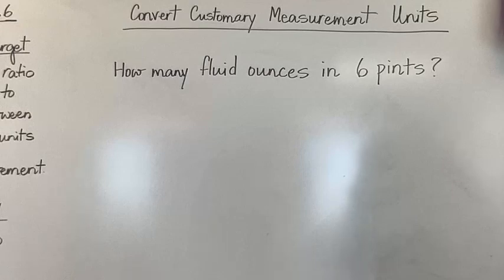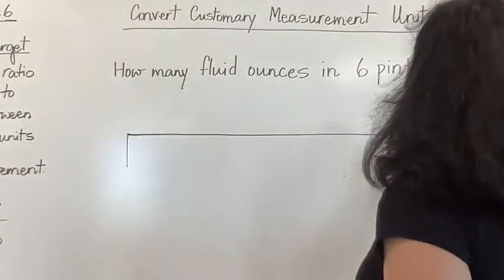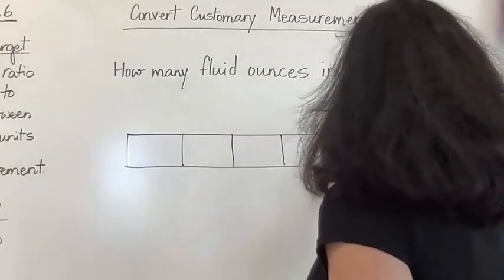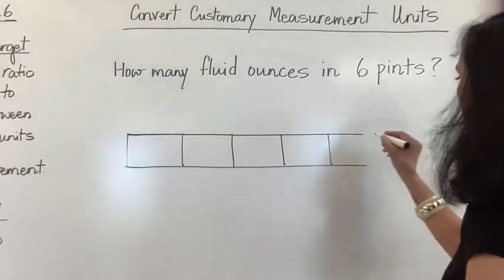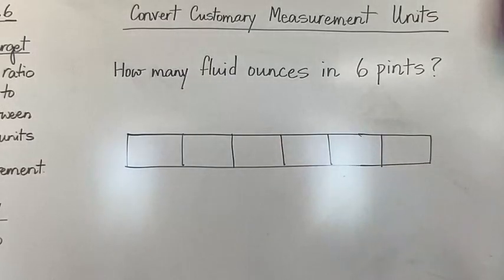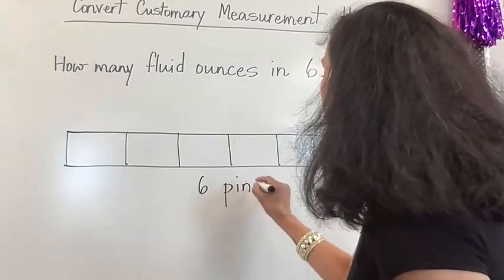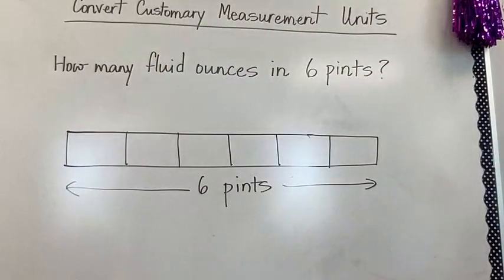But I'm going to draw a bar diagram to represent 6 pints. Okay. So 6 pints. So my bar diagram is going to have 1, 2, 3, 4, 5, and let me make this more proportional a little bit. Okay, 1, 2, 3, 4, 5, 6, and this is representing my 6 pints, this whole thing. Okay, and then I'm dividing into 6 equal sections, and each section is representing 1 pint,